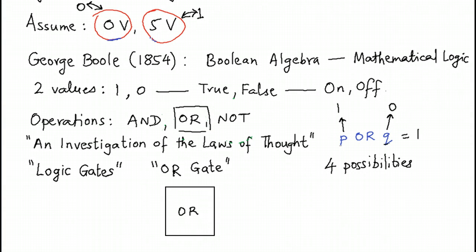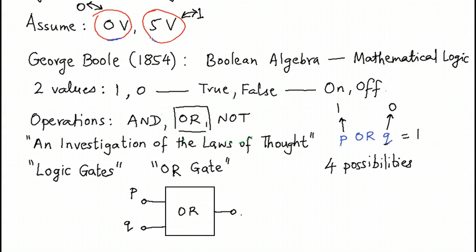This OR gate has two input terminals like this, and they represent P and Q. For example, let the top input terminal represent the Boolean variable P, and let the bottom one represent Q. The OR gate has a single output terminal like this,